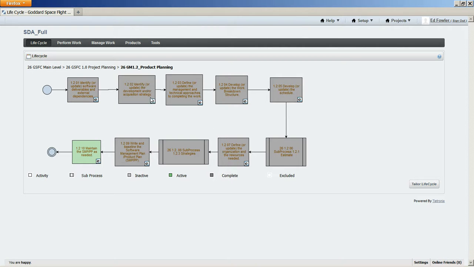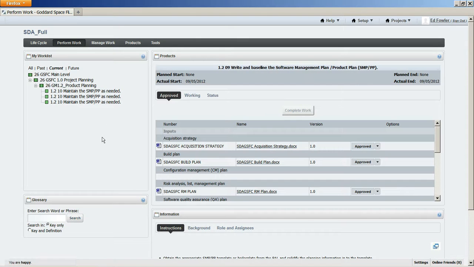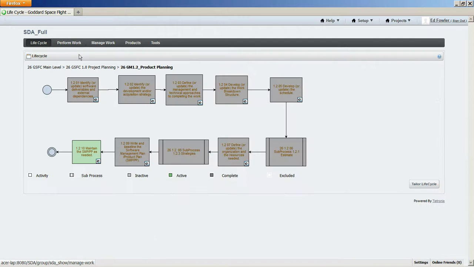Brings up the life cycle. One other thing is we show you a map here, and we click, it'll bring it up. This case comes from PMC and take corrective action. Click here. So these are all predefined by the process team. And what you're seeing here now as I move from the life cycle over to perform work, back to life cycle, as work is performed,